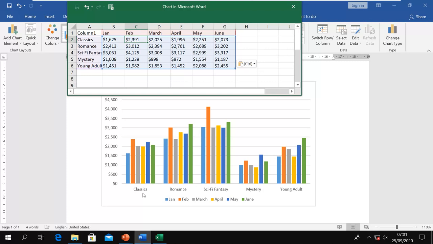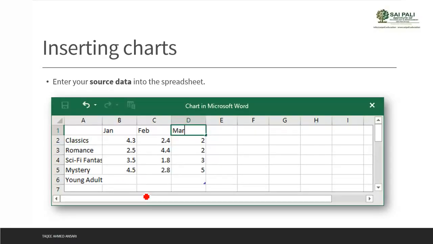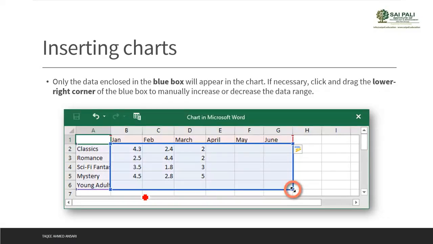Then if we want to insert some more data into our chart, that means if I want to add more data into our source data, I want to increase more columns, or even more rows.